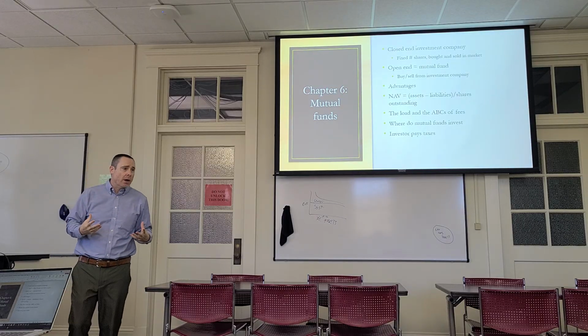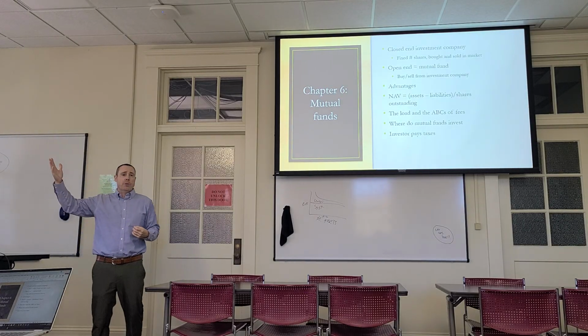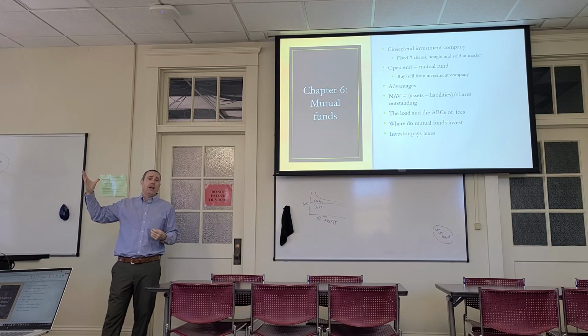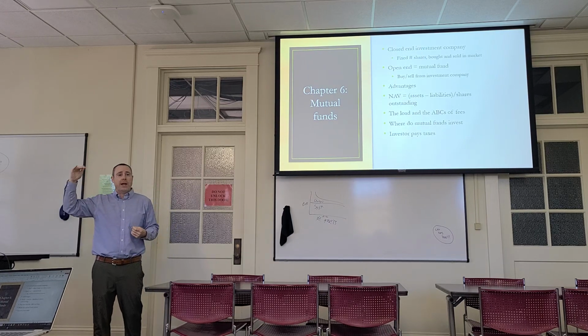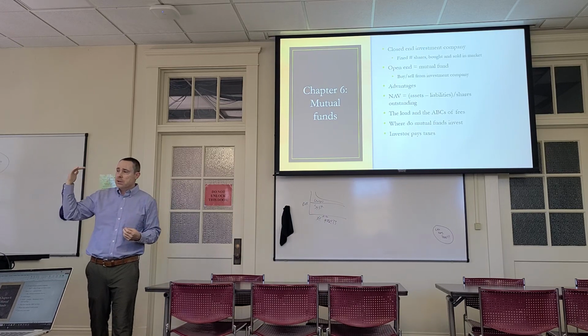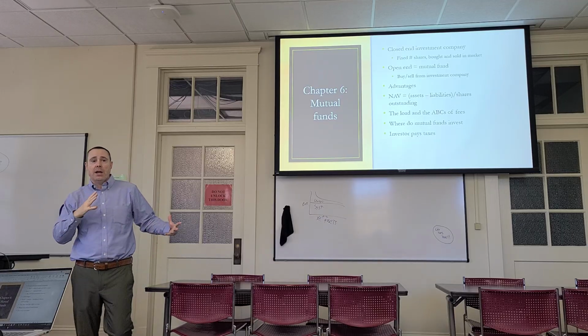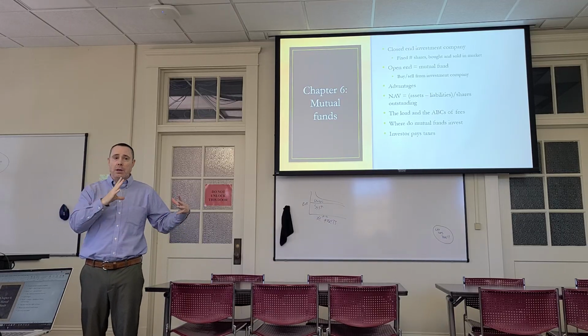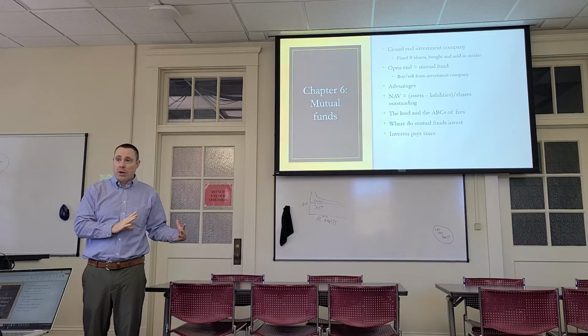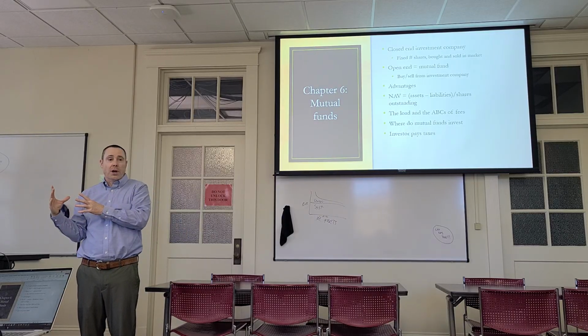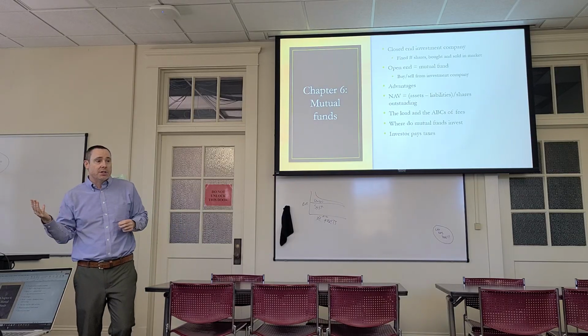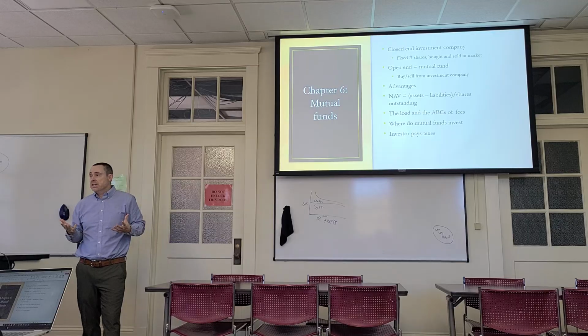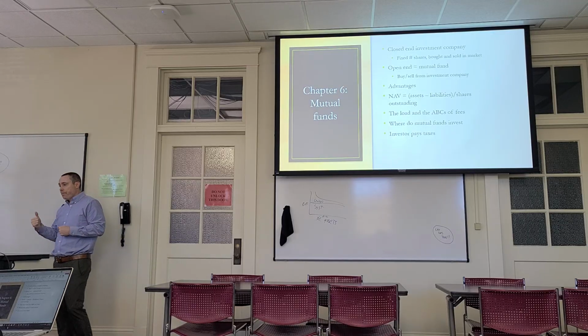We talked about the target date funds. If I want to retire when I turn 80, it'll say, okay, what year you turn 80, that's your target date. So target date of when you retire, and it will automatically rebalance to be more aggressive when you're younger and more conservative as you approach and are in retirement. So I can just kind of set it and forget it and walk away.